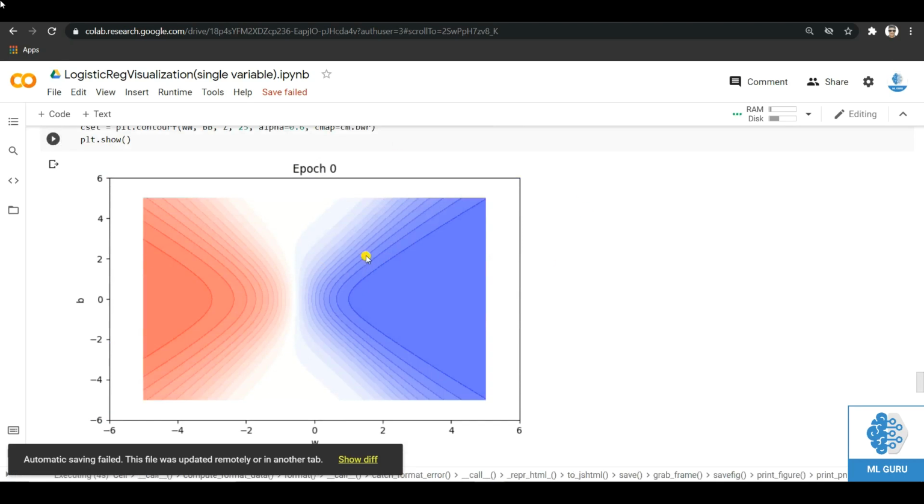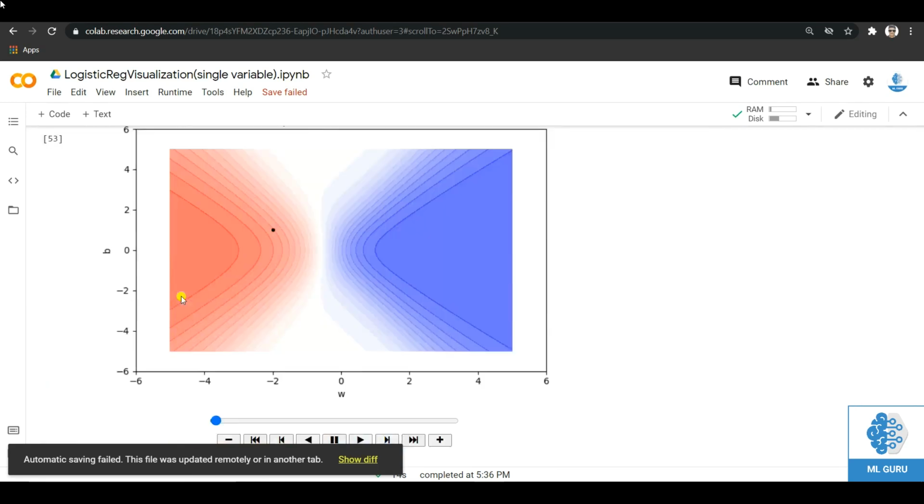If you don't know how to interpret this 2D contour, as I told you earlier, the red region denotes height, and this blue region denotes the depth. And if the contour lines are very close to each other, you must understand that there is a steep slope over there. And where the contour lines are far away from each other, as you can see here, the region is flat. Also here you can see the region is flat.